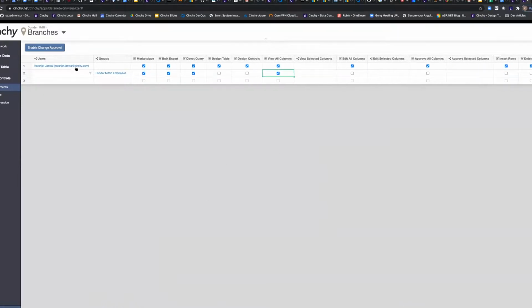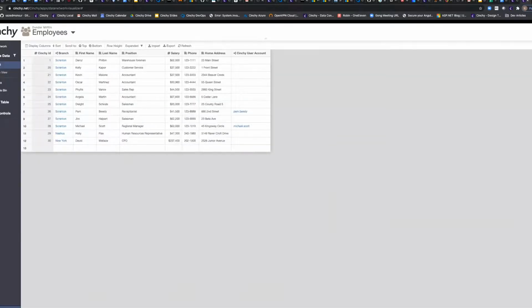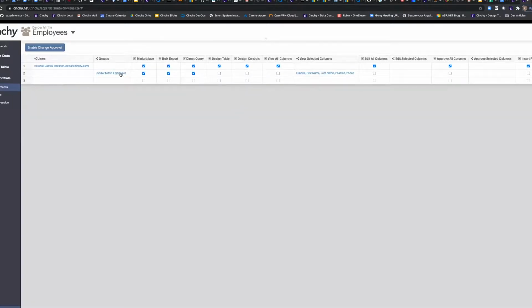Sorry, if I go back to employees, I've granted the one entitlement to allow me to view these details. So regardless of which employee is logging in, they should be able to see the same set of data as per this grant. Now I want to take this a step further and grant access to sensitive information. But I want to control the access to that grant so that you can't see the sensitive attributes for every record inside of the system.